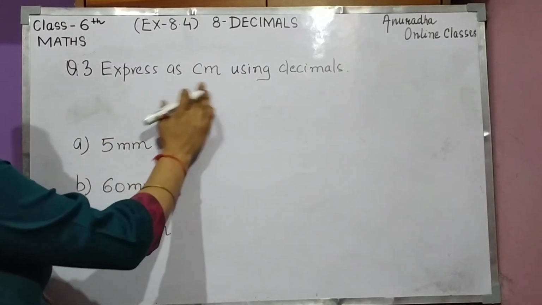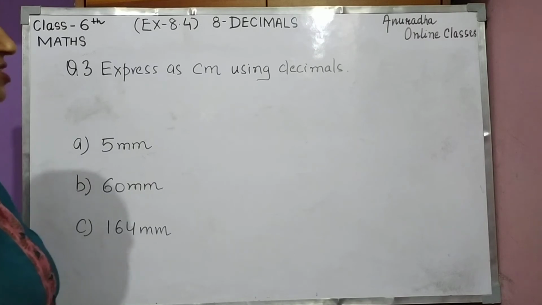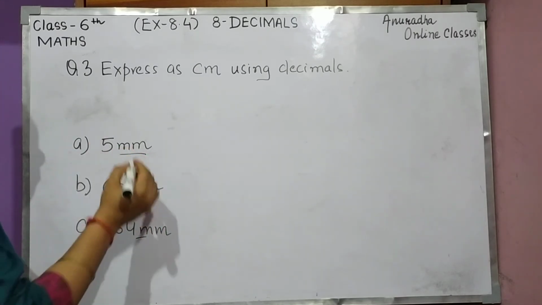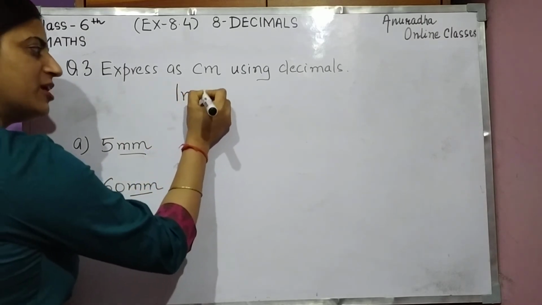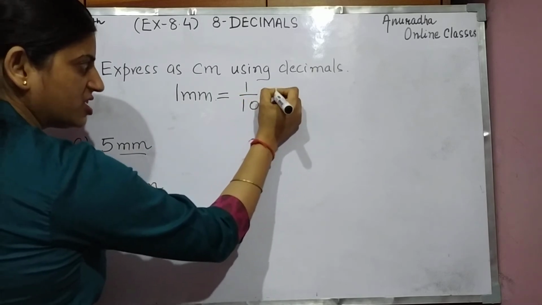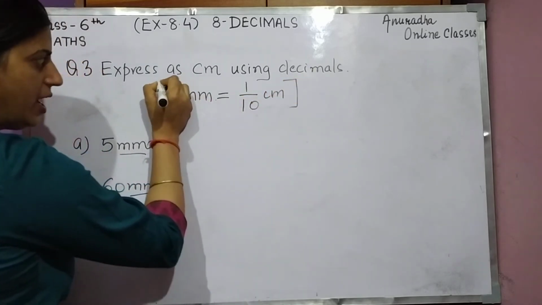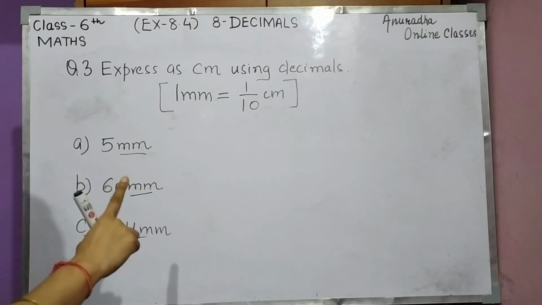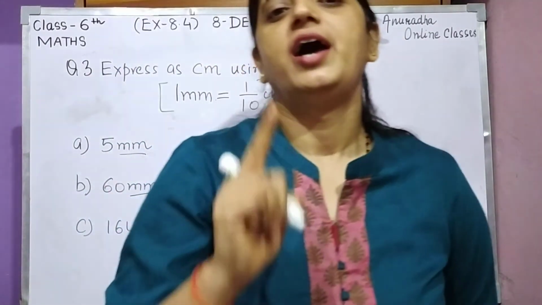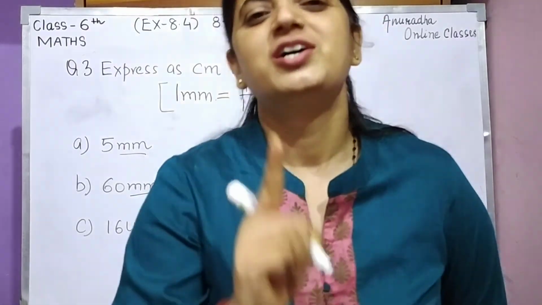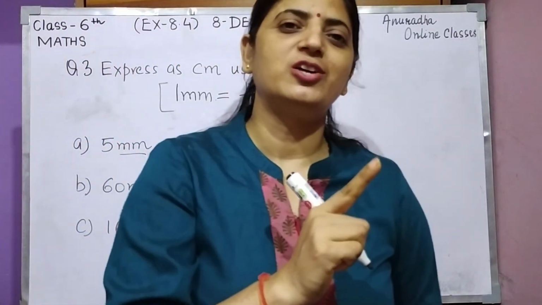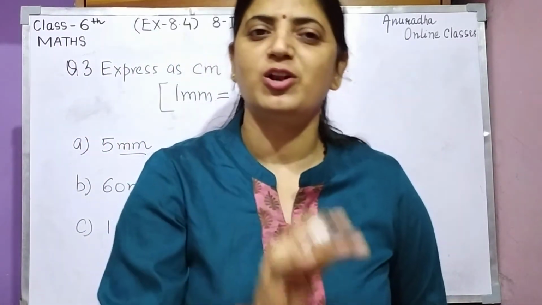Okay children, let's come to third question. This is expressed as centimeter using decimals. Here you can see what is given to you, millimeter is given to you. So 1 millimeter, millimeter is smaller unit, 1 millimeter is equal to 1 upon 10 centimeter. Just keep in mind and do the questions. Millimeter to centimeter जाएंगे तो that is 1 divided by 10 centimeter and 1 centimeter is equal to what? 10 millimeter. ठीक है, जब bigger unit to smaller unit जाते हैं we are doing multiplication,